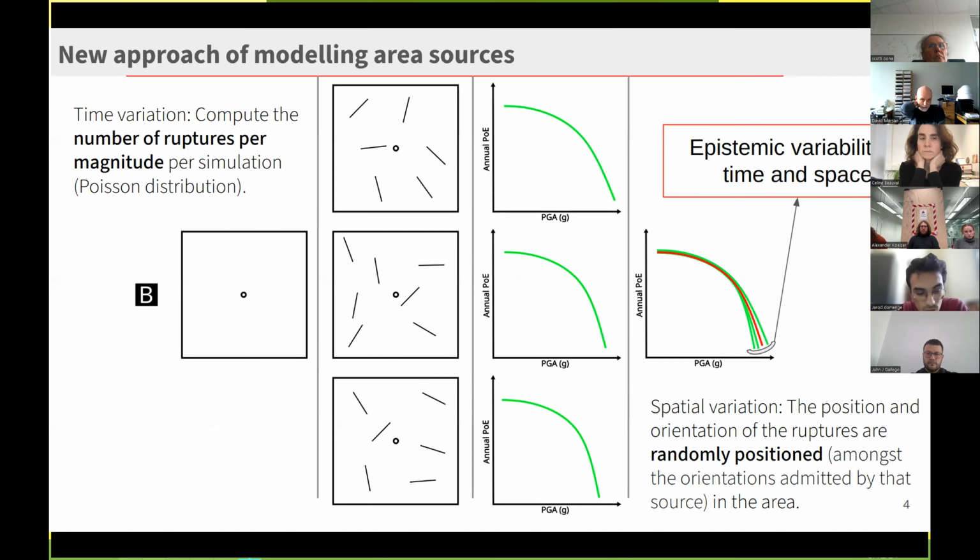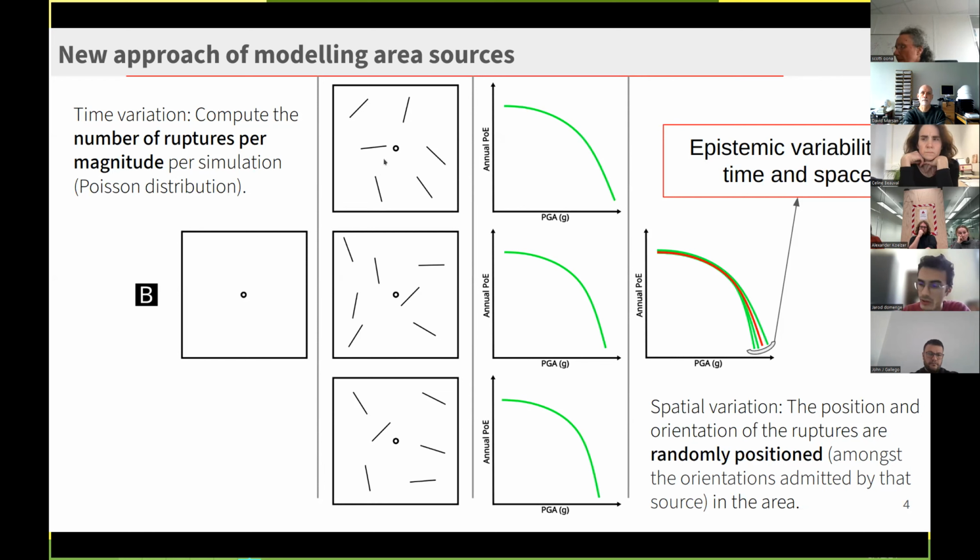So in our new approach of modeling distributed seismicity, especially area sources, how can we model it? We will take again an area. You will have a site in the middle. You can put the site everywhere, but in this case we put it in the middle. What we want to do is to see the spatial variability and the time variability. To see the spatial variability, this is very simple. What we need to do is, for a period of interest, such as, like I said, 50 years,